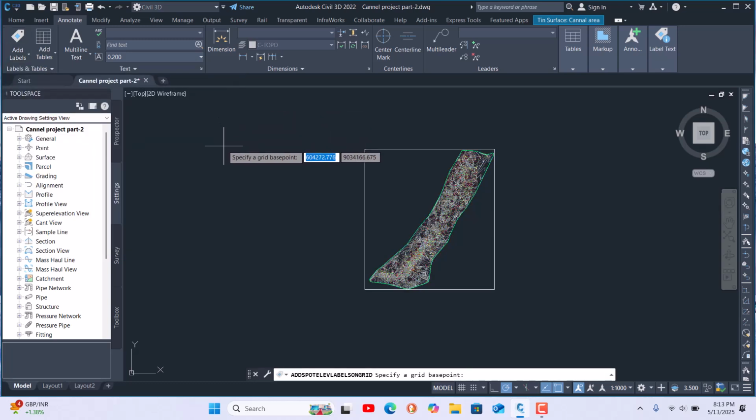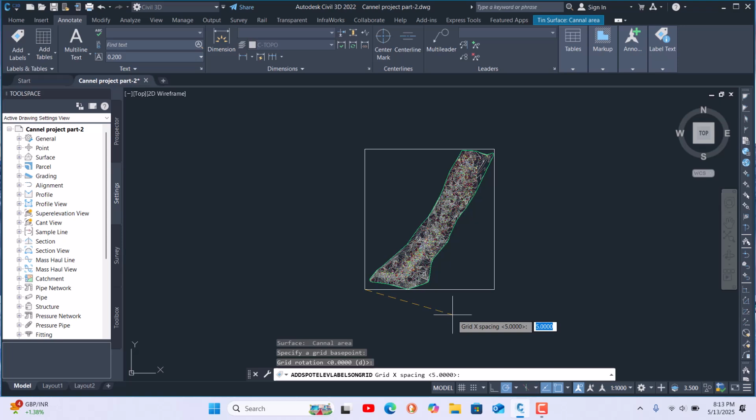Click once here, then come down. It's asking to specify a grid base point. For the base point, always select the lower left corner, click just here. Then it's asking whether you want a rotation on the grid, or just straight. I want straight, I don't want the rotation, so enter once here.